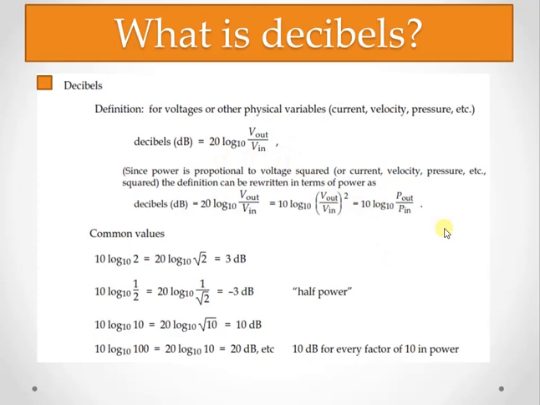When we compute for other parameters, it is 20 log, whereas when we compute it for power, it becomes 10 log. So these are the different common values of the decibels, and for the frequency response, the one which is very common that you will observe is the minus 3 dB value of magnitude, that is 20 log of 1 by square root of 2.